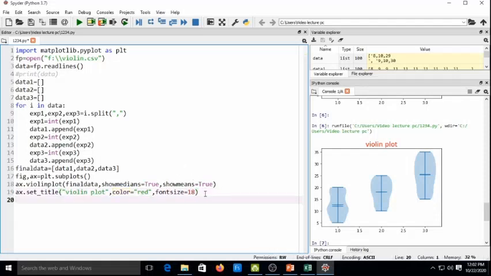Similarly, you can give the x label, you can write here for example x axis, and you can use the same color and font size.